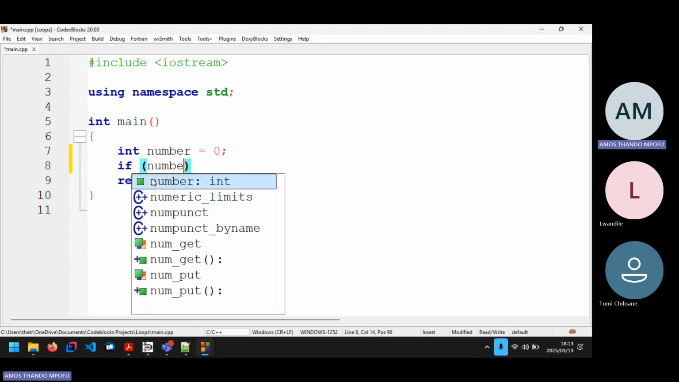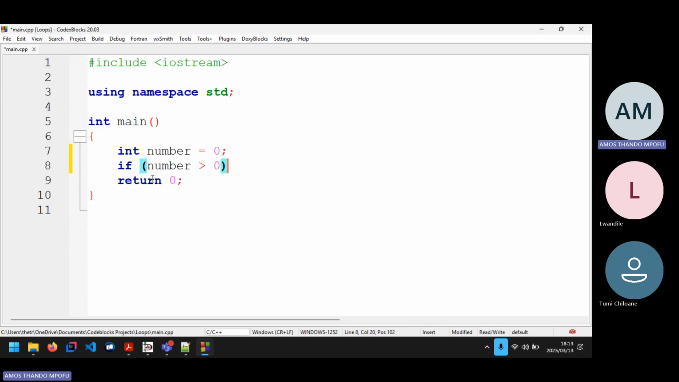So if number is greater than 0. What counts as a positive number? It's a number that's greater than 0. You can say greater than or equal to 0, but remember 0 is neither negative nor positive. So that's why I'm just going to say is greater than 0. Then I'm going to output the message "number is positive",